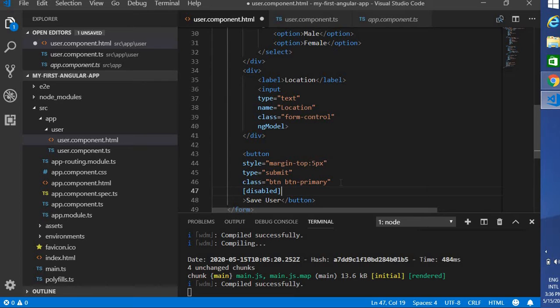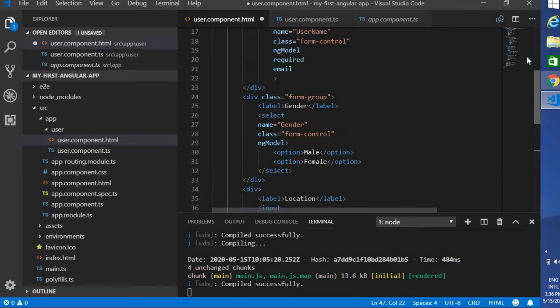Now you can understand. I gave a square bracket, so I'm going to write a property binding. I want to disable this button when the form is invalid. So how can I get whether the form is valid or invalid?